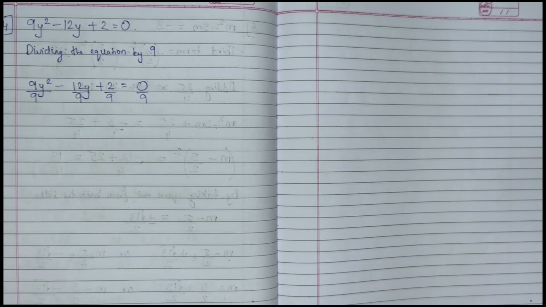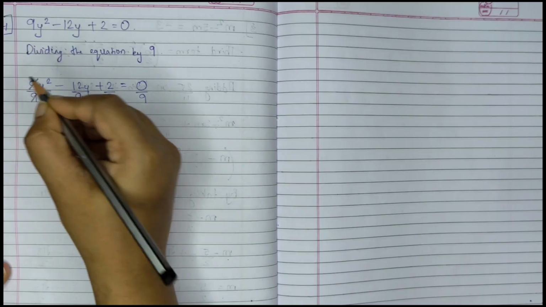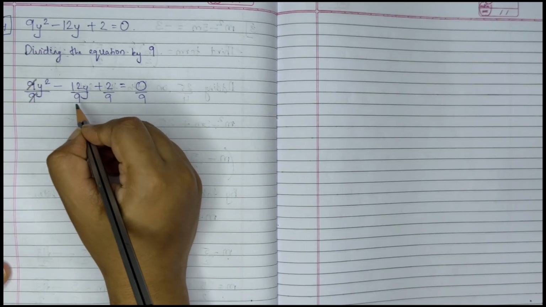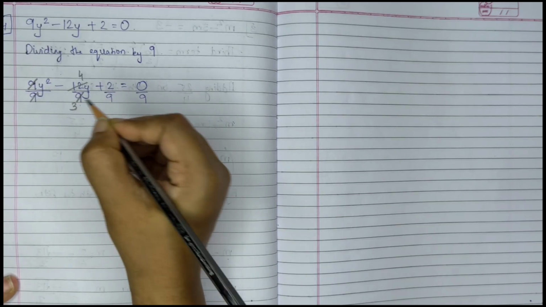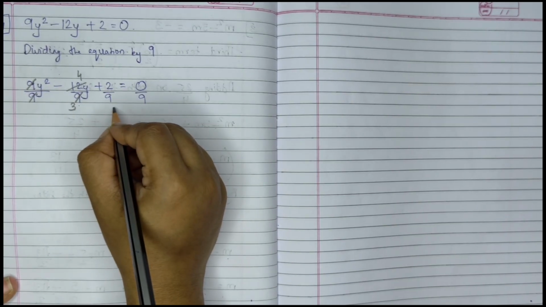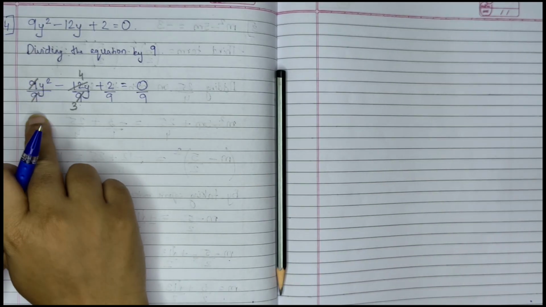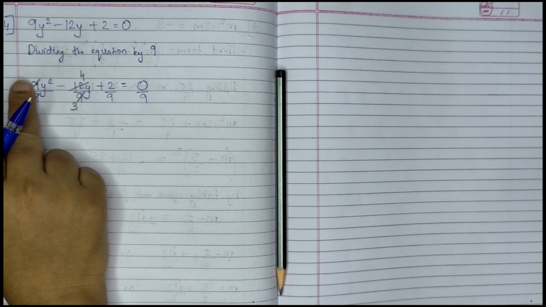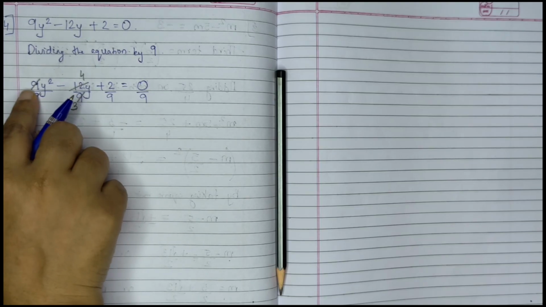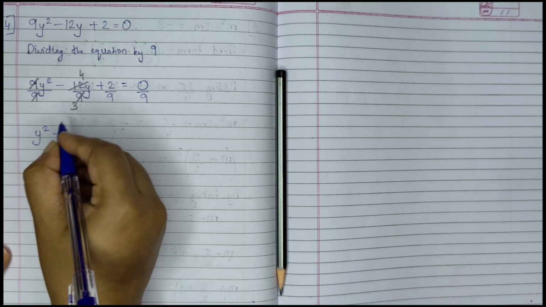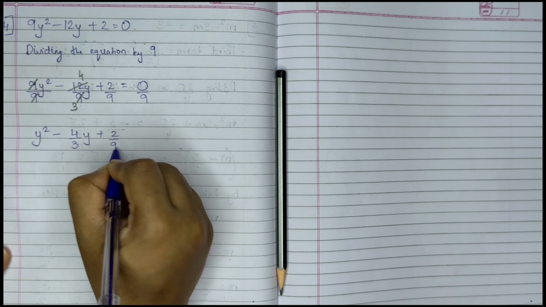So now when you divide this, this 9 and this 9 will get cancelled. Here we can reduce 12 and 9 in the 3 times table. 3 4s are 12 and 3 3s are 9. This 2 upon 9 we cannot reduce, and this will be 0 only. So now by dividing it by 9, this 9 and this 9 got cancelled. What is left over here is 1. Understood? So now we got 1. No number means 1. So now we got y square minus 4 upon 3y plus 2 upon 9